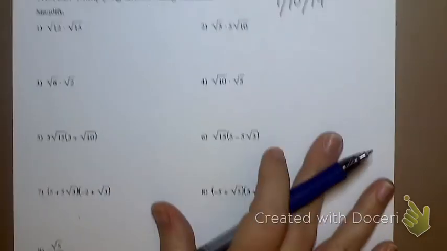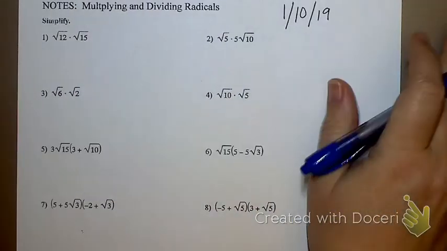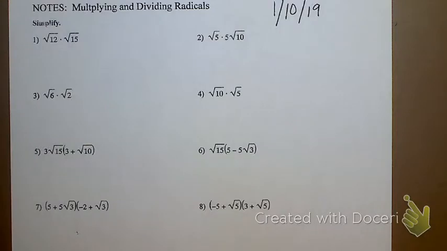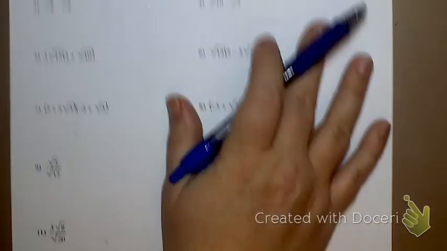Okay, so multiplying is super easy, and dividing, okay? The big thing you need to keep in mind today is that anything you do with a number in front of the radical, you can only multiply, divide, simplify, etc. to something else that's in front of a radical. Meaning that, for example, down here,